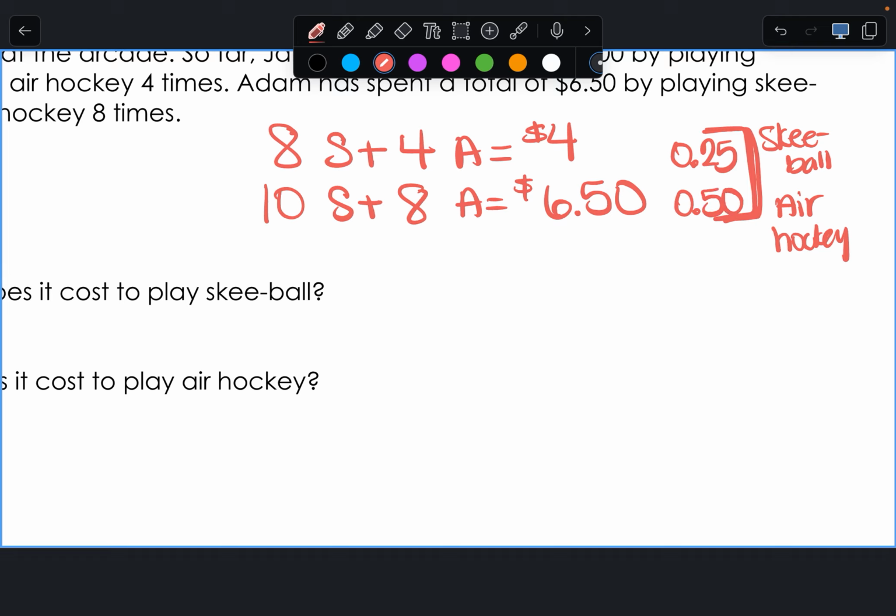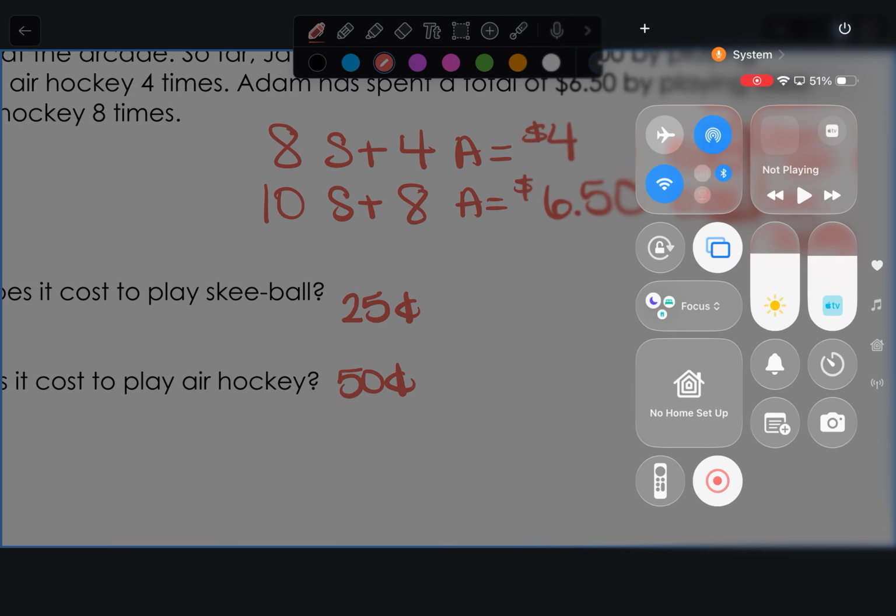Oh, yeah, right. So, how much does it cost to play skee ball? 25 cents. What about air hockey? 50 cents. All right. Your job now is to continue knocking out